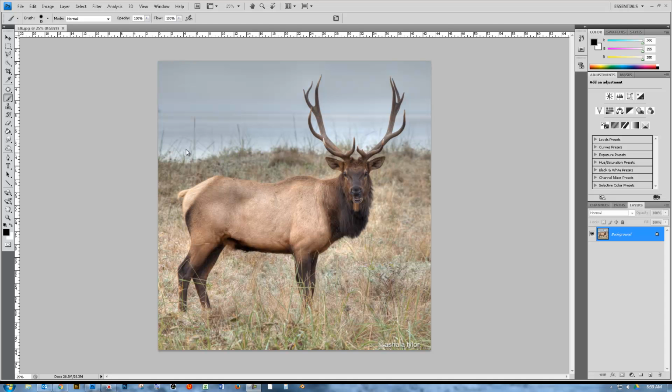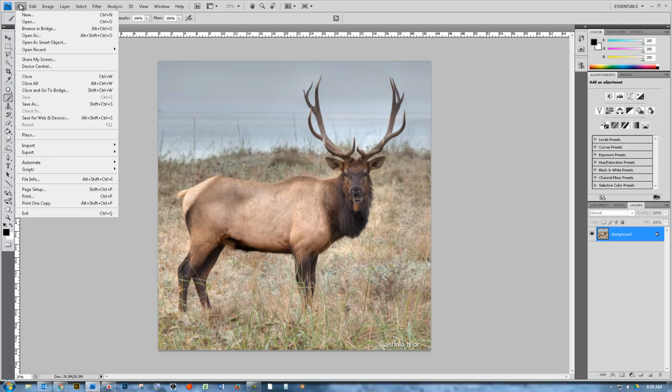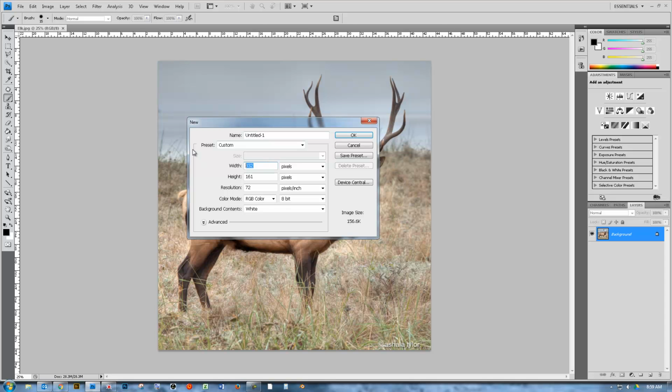Alright, here's how to do the adjustment layers assignment for this class. You want to start with an image open. Any old image will do, it doesn't really matter. Then let's go to File, New, and we're going to make a document that is 12 inches by